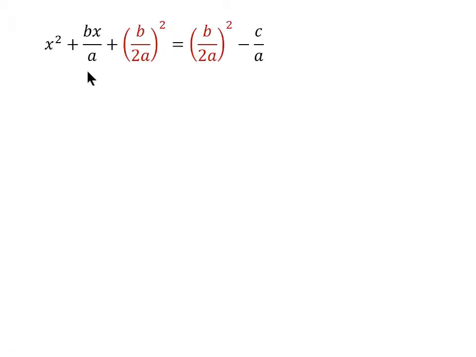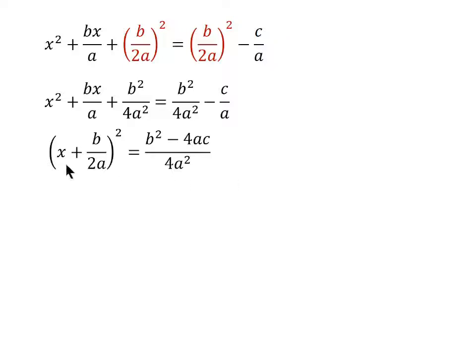Okay, next step. We copy the previous step. This is equal to, simplify, x squared plus bx over a plus b squared over 4a squared is equal to, you square b, that's b squared, you square 2a, that's 4a squared, minus c over a. This is now a perfect square trinomial, so the factor of that will be x plus b over 2a, squared,